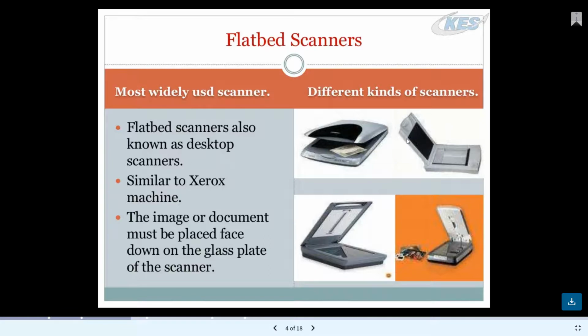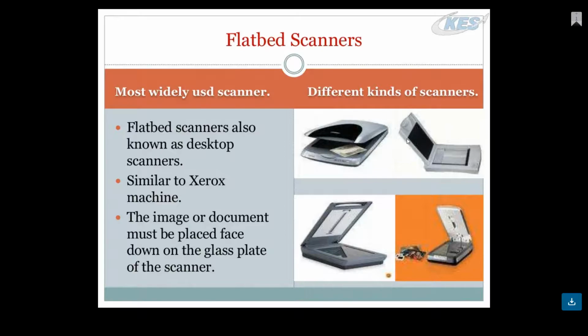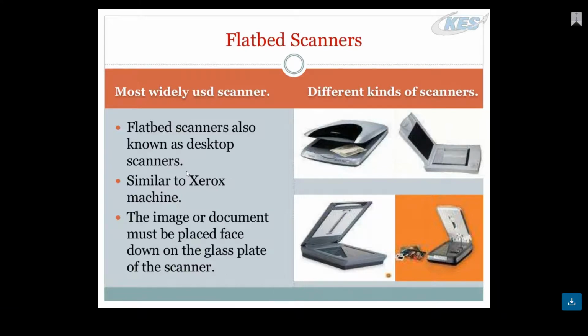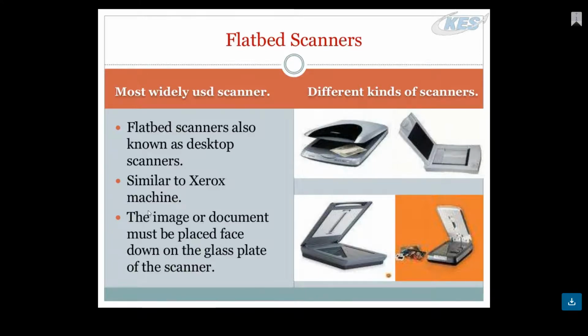Most of the flatbed scanners will be color scanners. It will have an open lid like this, which you can flip open, just like it is showing. You can insert the page here and then do the scanning. We'll practically show you that. It is similar to a Xerox machine. Xerox machine also has a flip open, but a Xerox machine is not A4 size, it is A3 size. Most Xerox machines come double the size of this. A jumbo Xerox will be actually 4 times the size of this. It depends on what kind of machine you have. So there again it is a scanner, a jumbo size scanner.